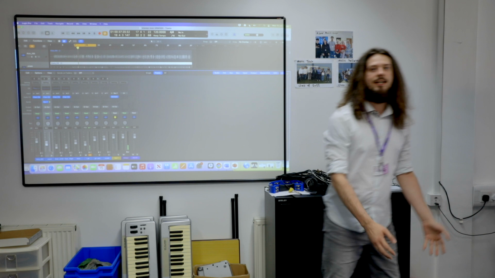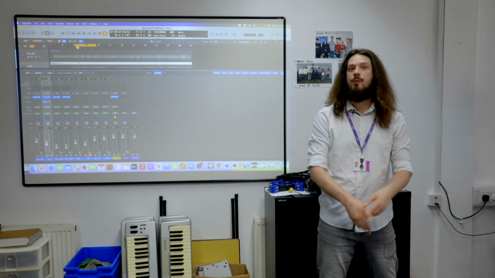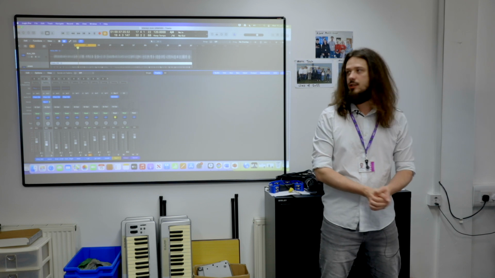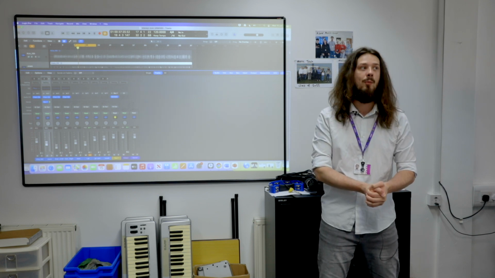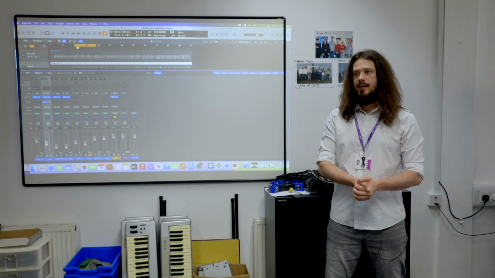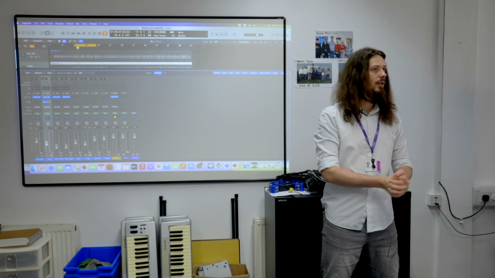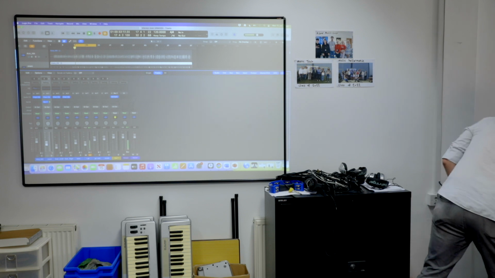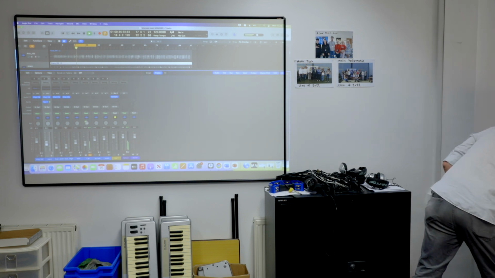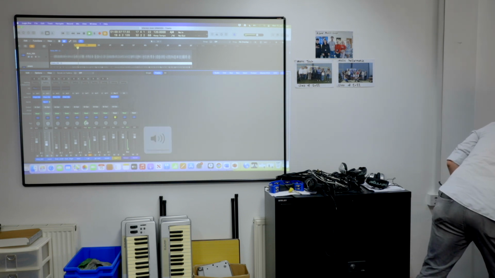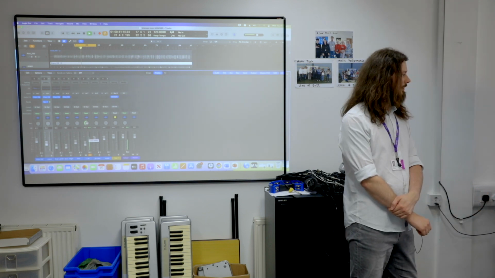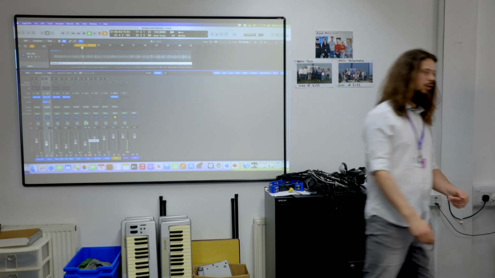So we've got our electric guitar here, which we would equally use other effects like EQ and reverb on to make it sound better. We're just going to use it to demonstrate panning at the moment. So if I pan my guitar all the way to the left, it's only going to be coming out the left speaker. Now if I pan it all the way to the right,